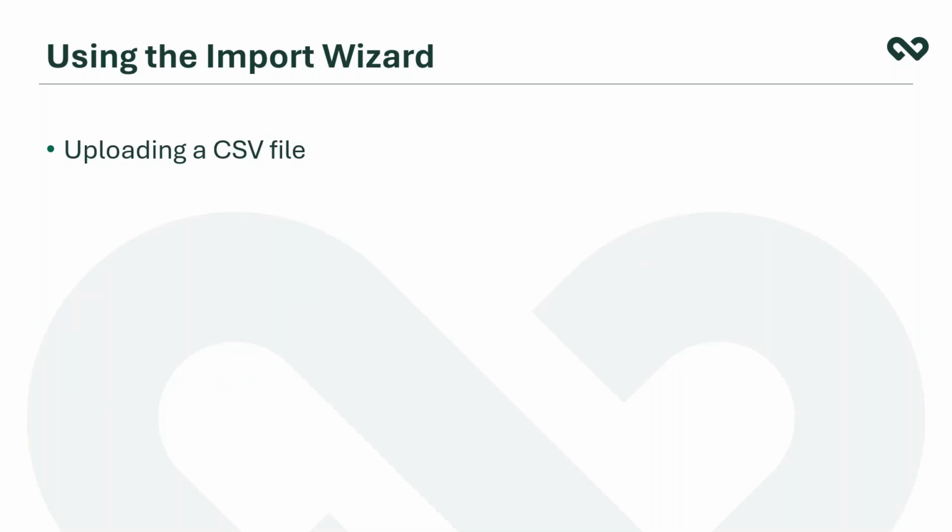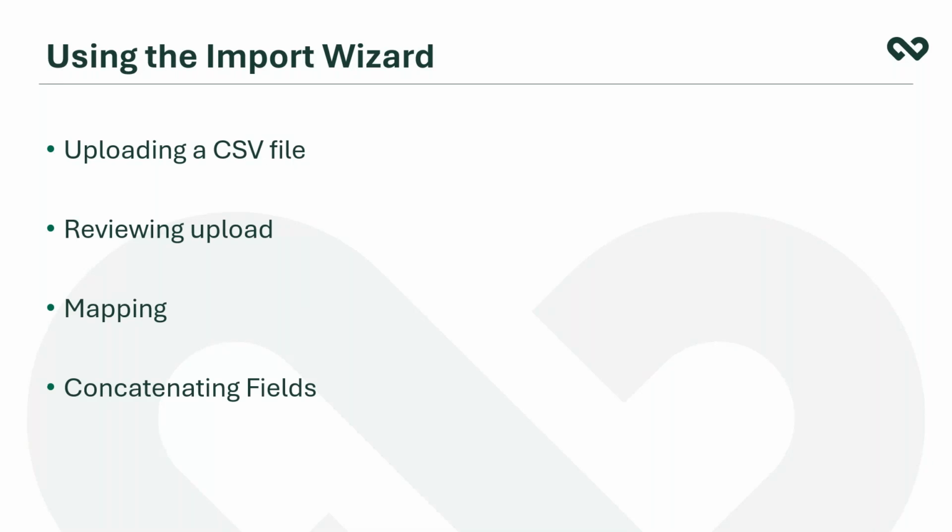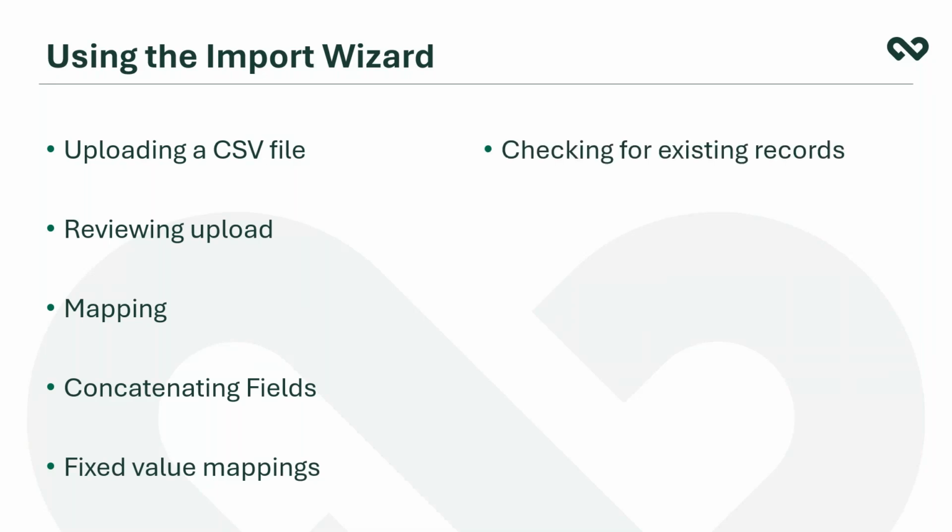And these stages include uploading your CSV file, reviewing the upload to make sure that it's been successful, mapping columns from your source data to fields within Workbooks, how to join together or concatenate values from different columns of your source data so that they go into one field, how to add fixed values if you don't have the information in your CSV file,